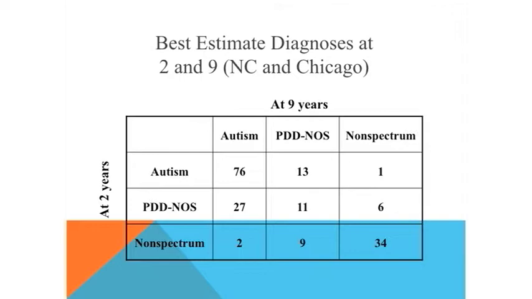PDD was more variable, but in fact, in this study, and I don't think this would happen today, we had many kids who moved from PDD diagnoses into autism diagnoses, because when we saw them at 2, we thought they were so cute and pretty social, and we were reluctant to call them autistic. Yet, in fact, by the time they were 9, it was clear they had autism. But there's more variability there in terms of kids moving out of the spectrum.